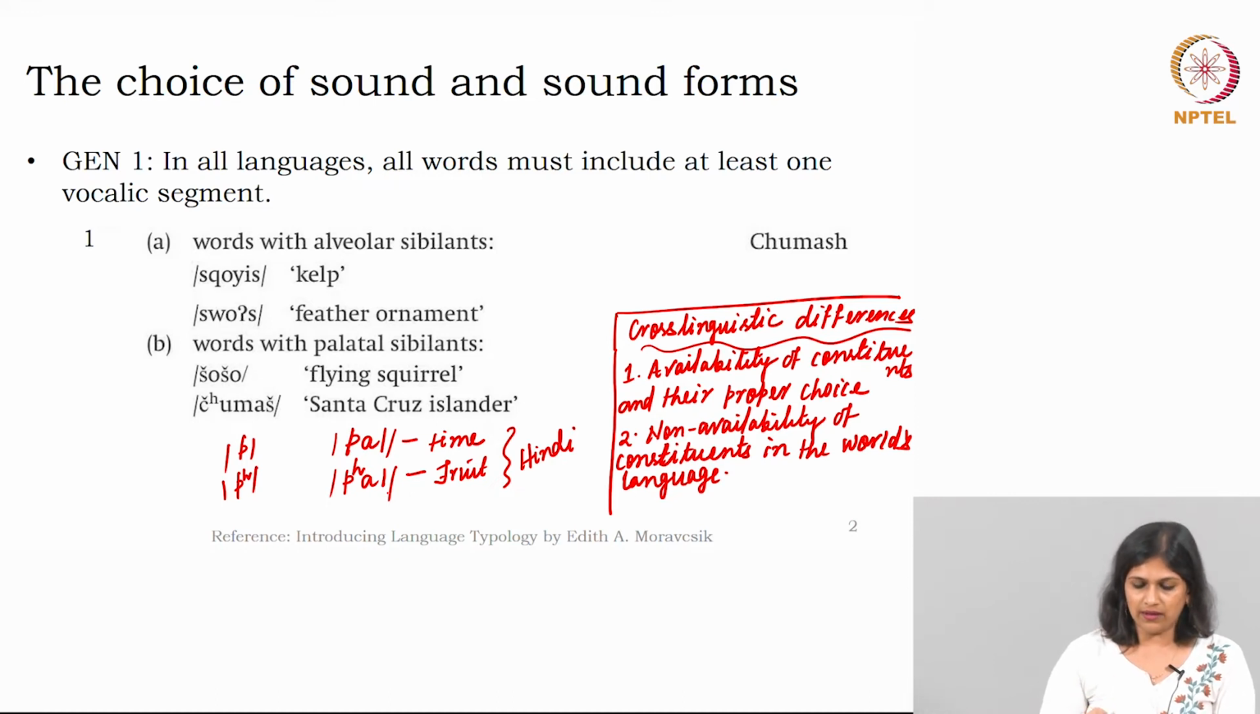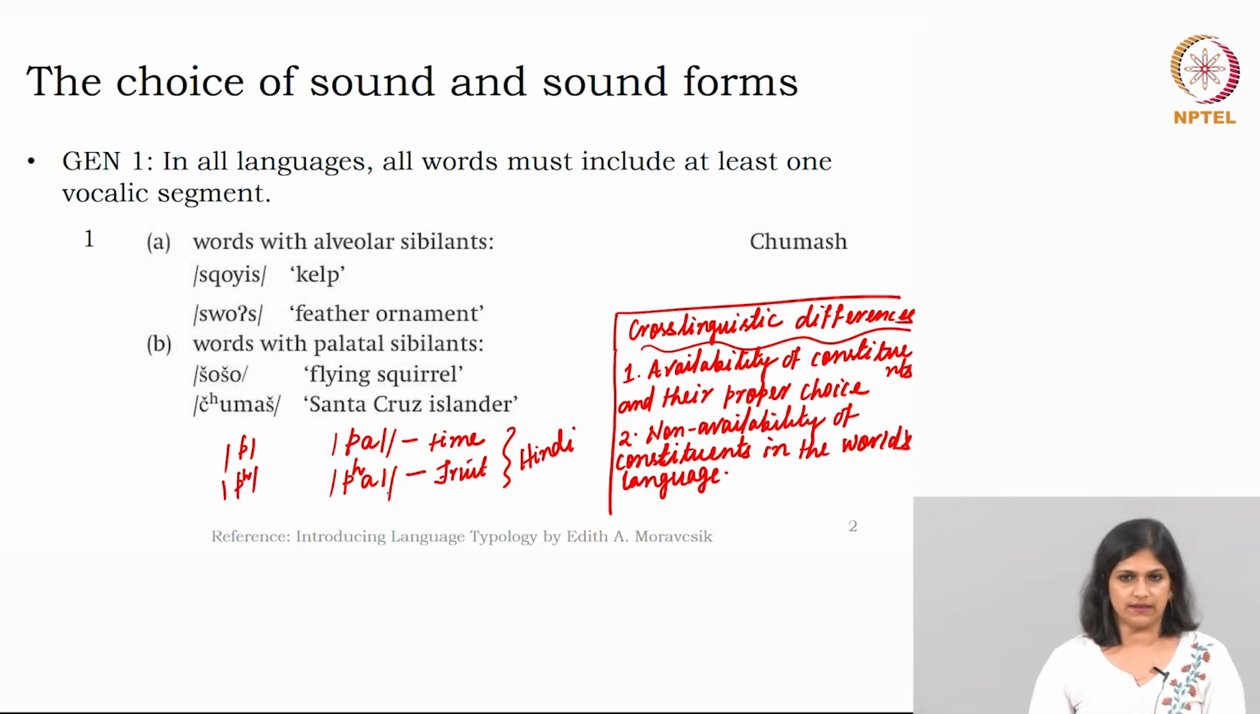Rather, when you have the plosive pa, which is unaspirated, it has a different meaning, and the plosive pha with an aspirated sound will have a different meaning. When it is pal, it is going to be considered as time, and when it is phal, the meaning is fruit. So, that is the reason why it is not that easy for us to